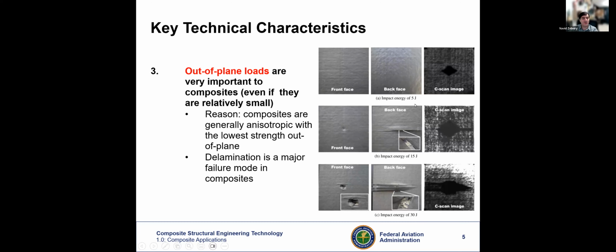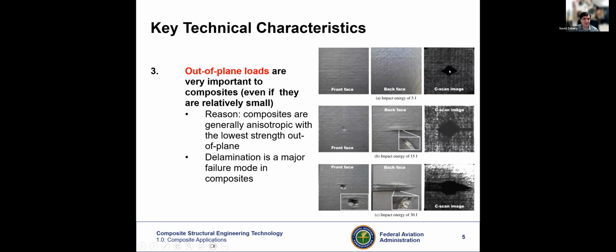If you have only 5 joules, which is a very small amount of load, it's the equivalent of having almost a pound of mass and dropping it from about 1 meter onto the surface of the composite. You can see that there's not much effect on the front face of the laminate, and on both the front and back side, there is not much hint. But if you do a scan, which is ultrasound, which looks at the bonds between the layers,